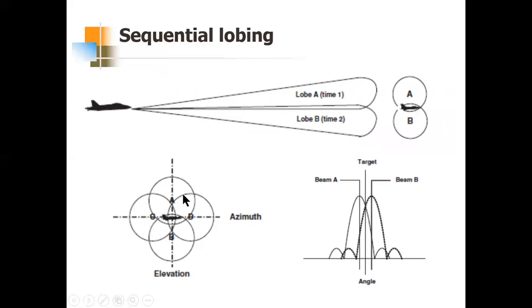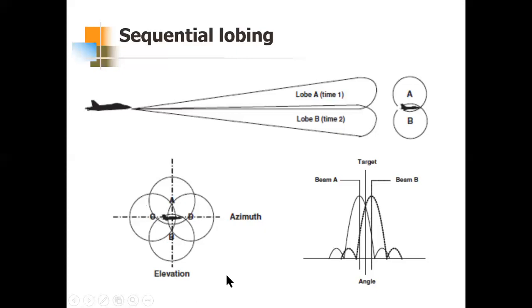Okay. So this is the scenario for one angle coordinate. If we need two angle coordinates, we need 4 switching positions: right, left, up, down, right, left, up, down. It goes in this manner, azimuth as well as elevation. In case we need a central feed for transmission, then we can use 5 feed horns. That is only if we need a central feed for transmission. The central feed would be used for transmission, and the 4 outer feeds would be used for reception on a sequential basis. Only in such a scenario can we use 5 feed horns.